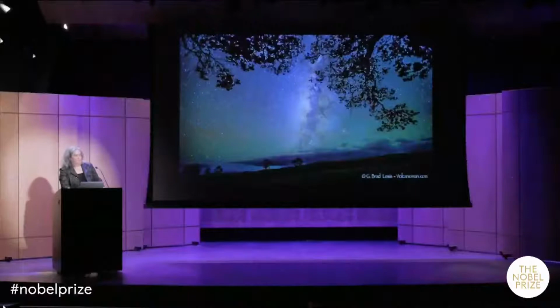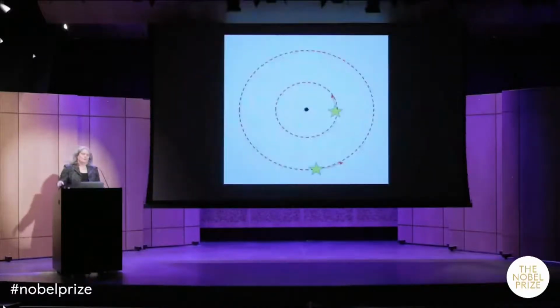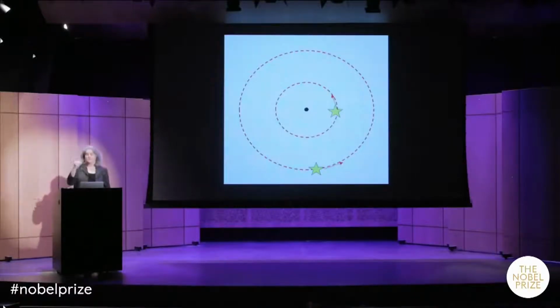So if we want to prove most directly the existence of a supermassive black hole at the center of our galaxy, the most direct way that we can do this is by watching how stars move. Stars move under the influence of the gravity of whatever's inside their orbit. So by measuring how fast a star goes around and the size of its orbit, you can figure out how much mass is inside the orbit. This is just due to gravity. It's for the same reason that planets orbit the sun. So these stars are orbiting the black hole, or whatever is inside their orbit, for the very same reason.